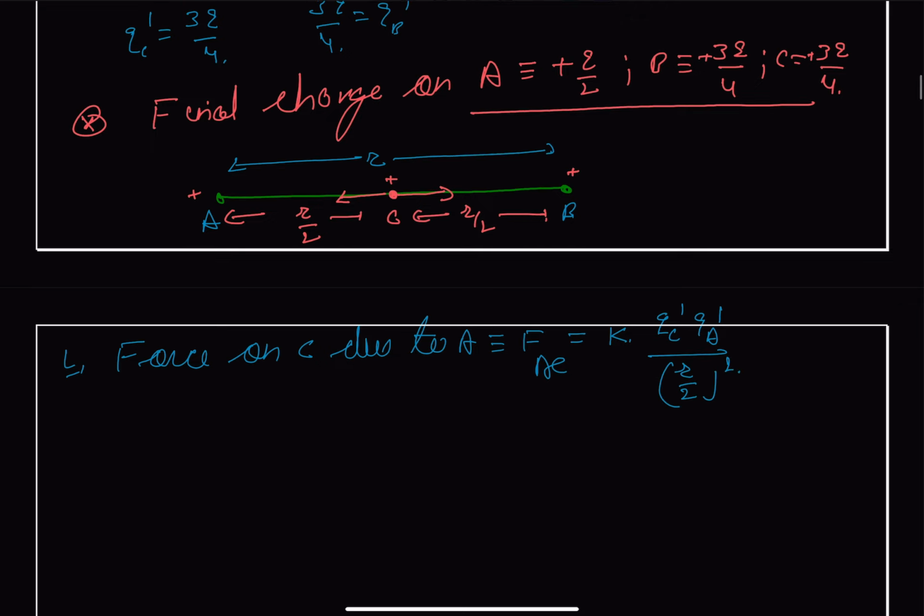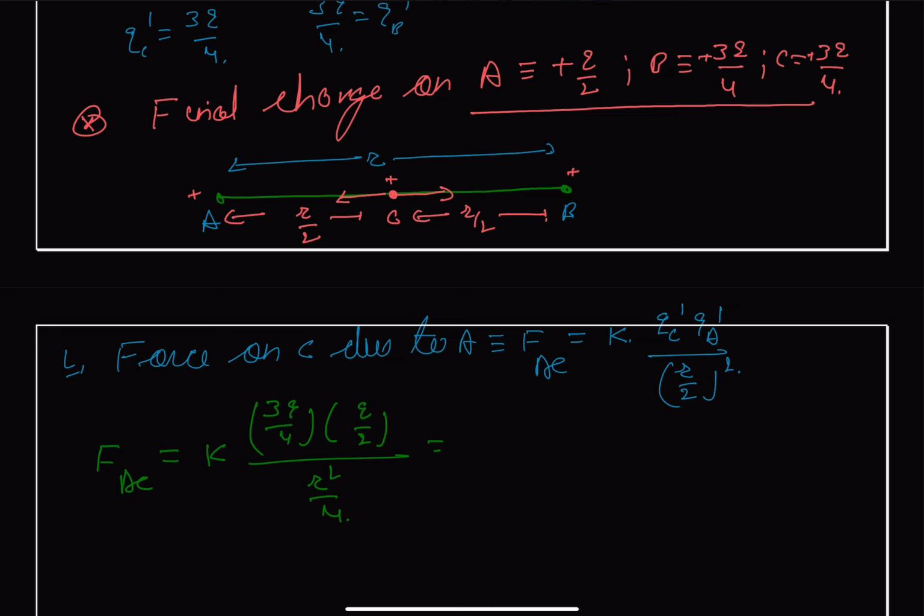We get F_AC will be equal to K, and our Q_C prime is 3Q by 4, and Q_A prime is Q by 2, divided by, this will be coming as R square by 4,